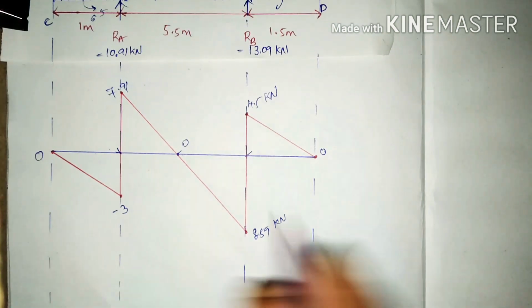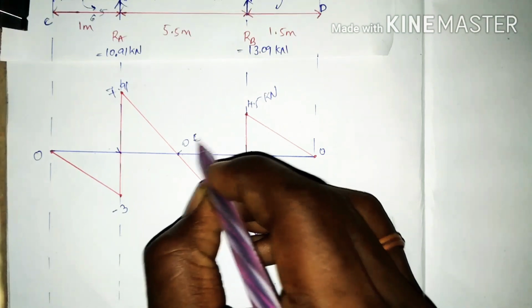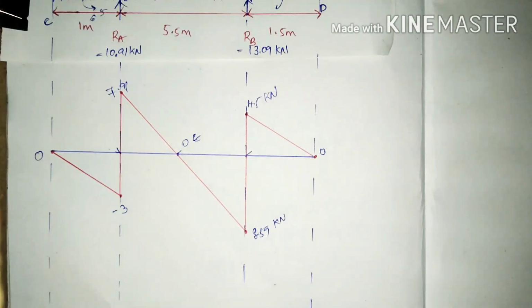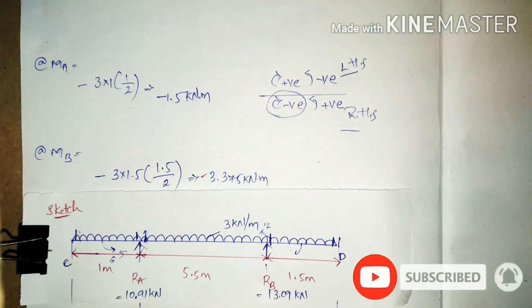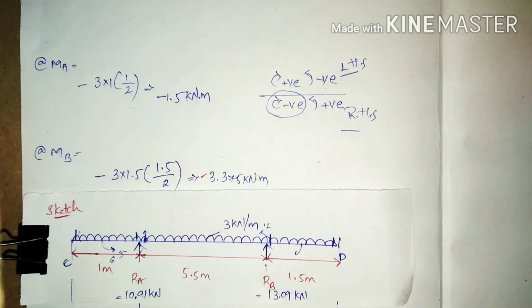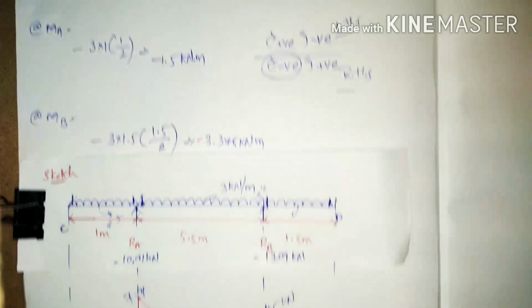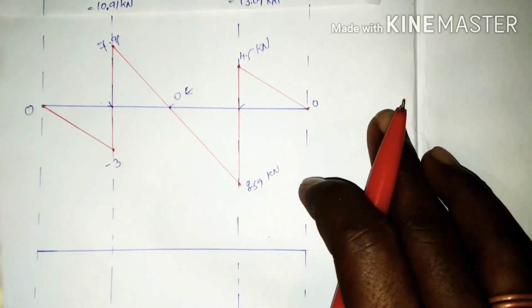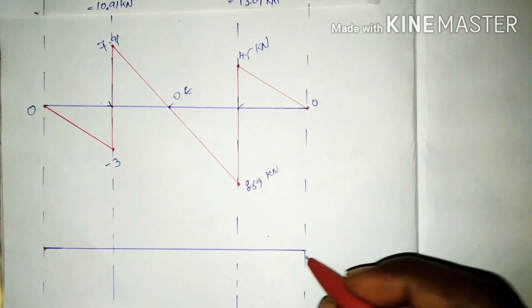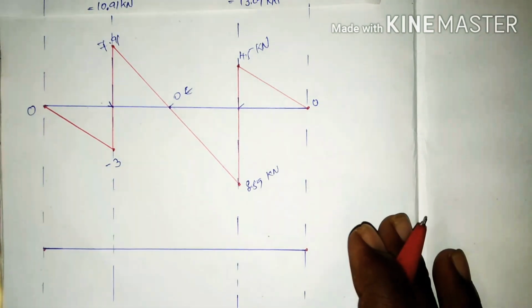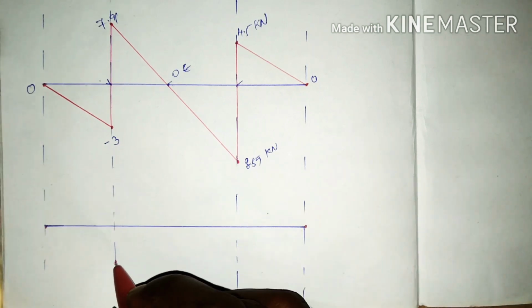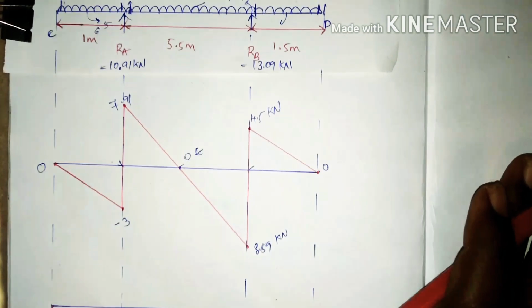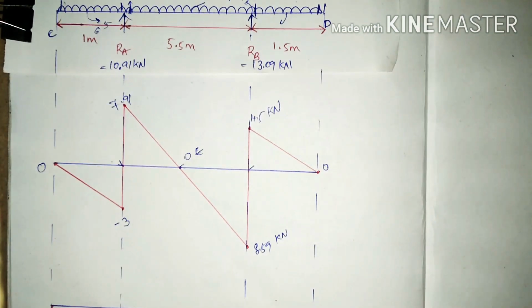Let us point it as E, moment about E. The moment about A and moment about B are -1.5 and -3.375, and moment about C and moment about D are 0. So by these values I am going to draw the bending moment diagram. Here it is 0, and moment about D and moment about C is 0, and moment about A, this line, is -1.5, and we are having a 0 of shear force where the shear force is getting the 0.